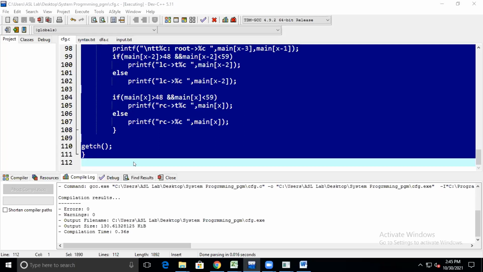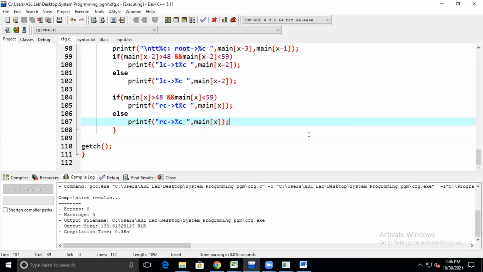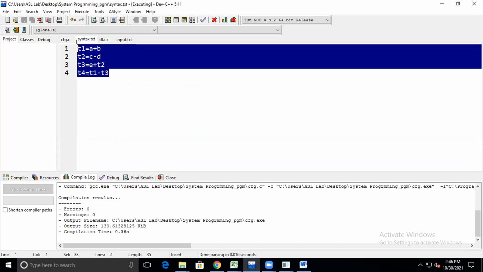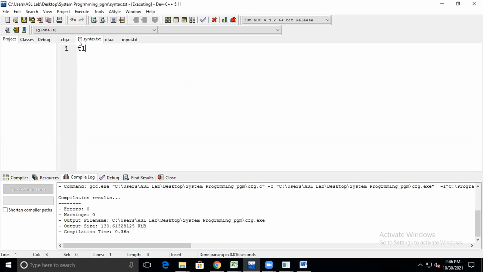You can take that code from there and please run. Keep your text file syntax.txt. It may be varying, but I have taken only two operands in this program. First of all, run that program and give me the output like this, whether it is running and what output it actually gives.